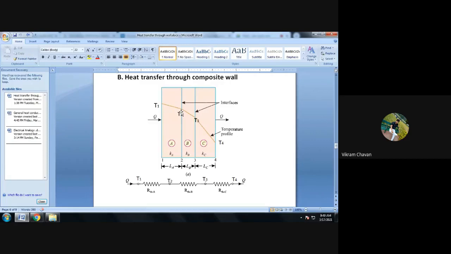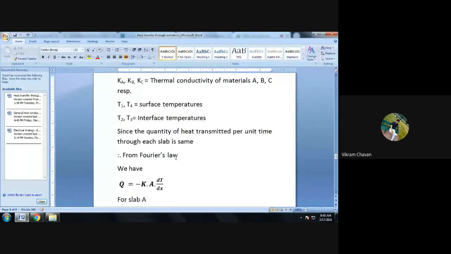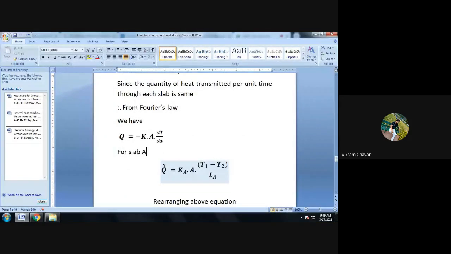Its thickness is L suffix A, and its thermal conductivity is K suffix A. So the heat transfer through slab A will be Q, and it is equal to K suffix A, the thermal conductivity of slab A, multiplied by area,